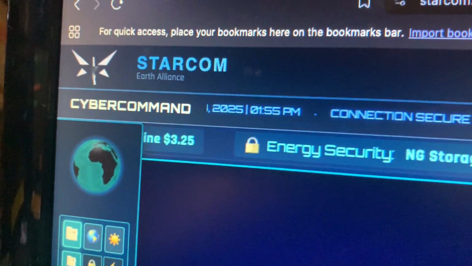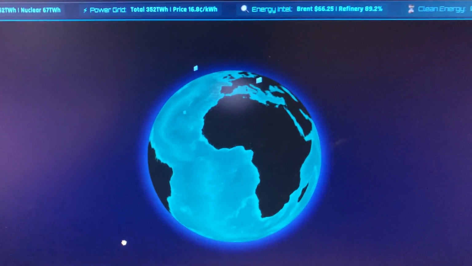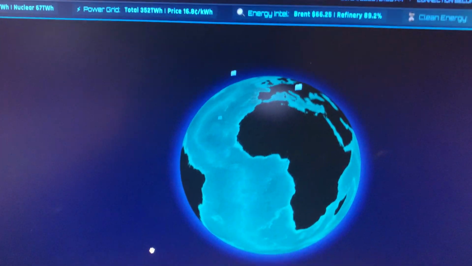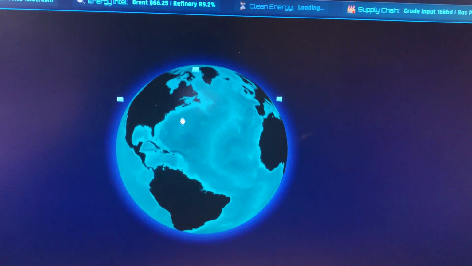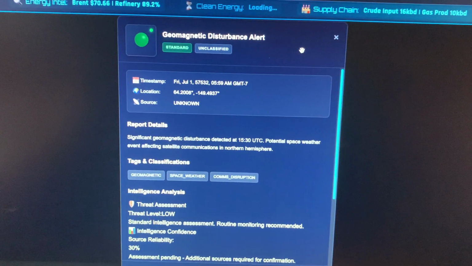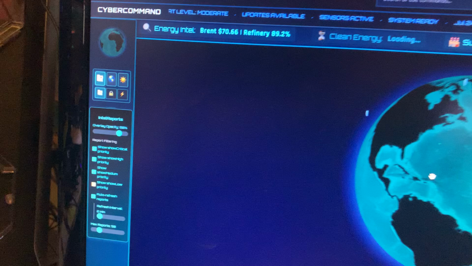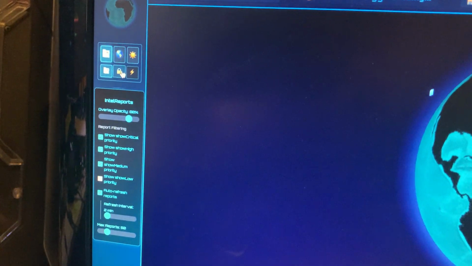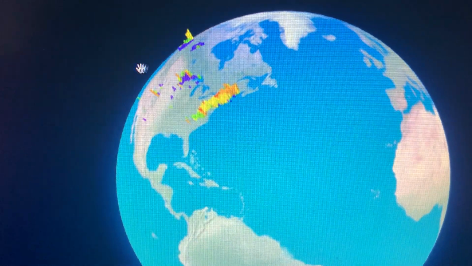Starcom, a decentralized 3D global cyber command interface for performing open source intelligence and cyber investigations. This app is useful for financial market analysis. It can help you organize all of your intel reports. It can allow you to trade intel reports. The entire interface also enables the monitoring of space weather and all sorts of other data sets that are very